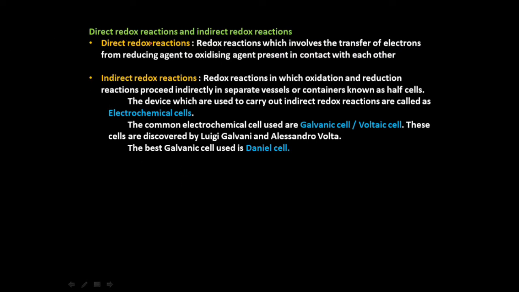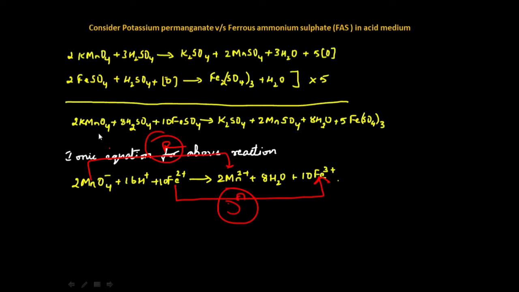So what is a direct redox reaction? Redox reactions which involve the transfer of electrons from reducing agent to oxidizing agent present in contact with each other. So in the titration reaction we observed that in the first reaction, manganese reduces from plus 7 to plus 2. In the second reaction, iron oxidizes from plus 2 to plus 3. So the first reaction is reduction. Reduction is nothing but what? Gaining of